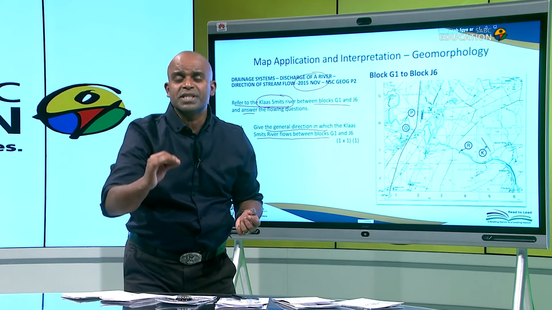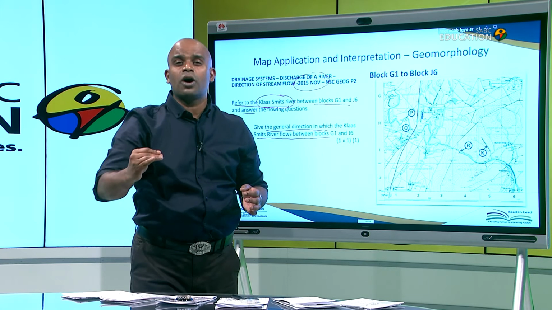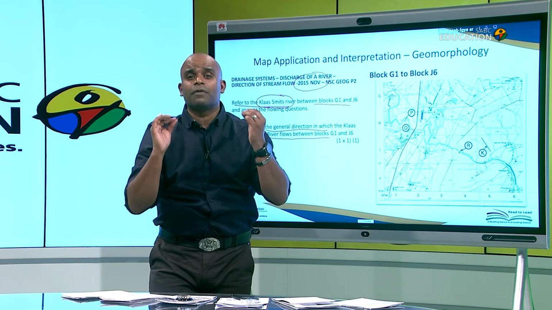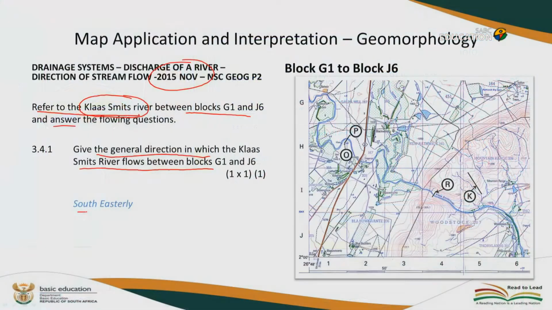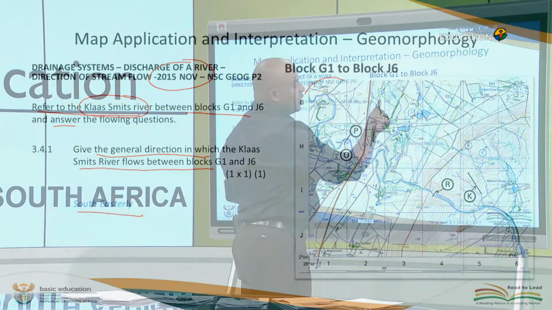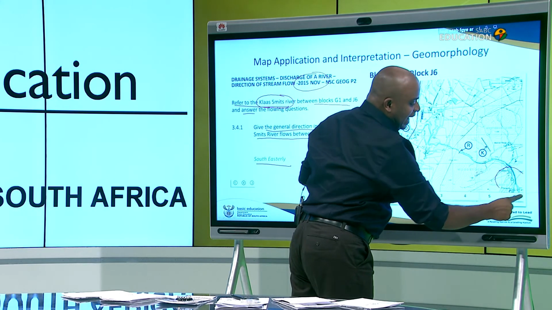And how do you do this? Notice the contours. The arrangement and heights on the contours would suggest the direction of flow of the river. In this particular example, we've established a southeasterly direction. Note in this particular example, we've got an extract of a map, and you are required to determine a general